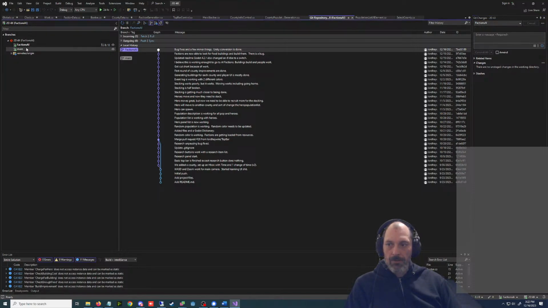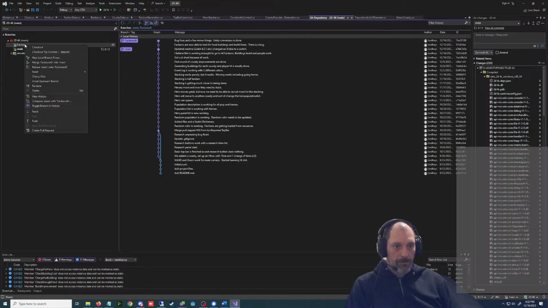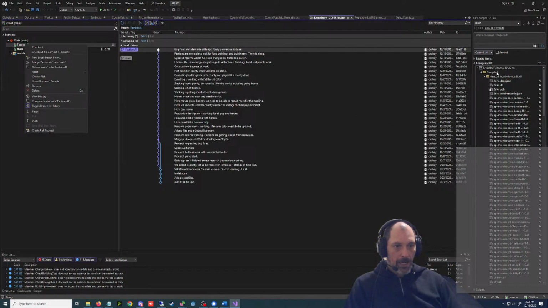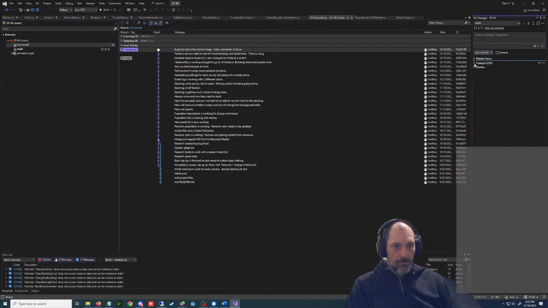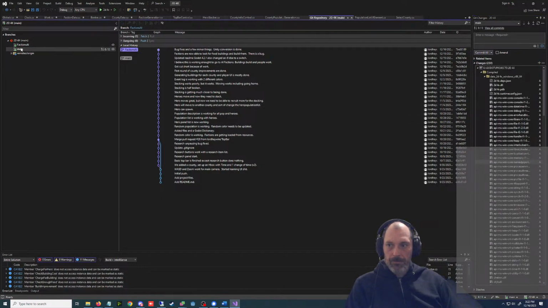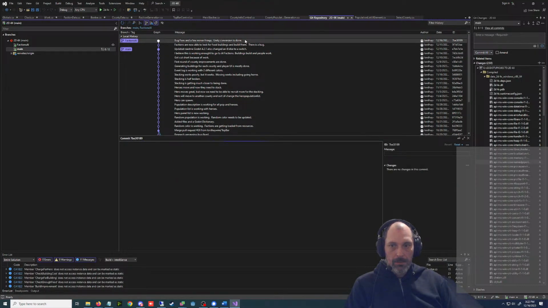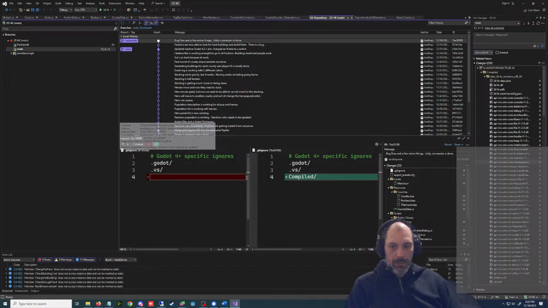Yeah, you definitely want to have that closed. Then, this is supposed to not be showing up because I put it in the thing.